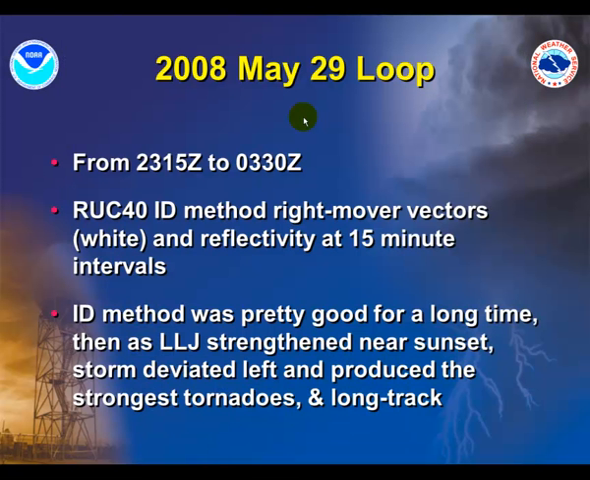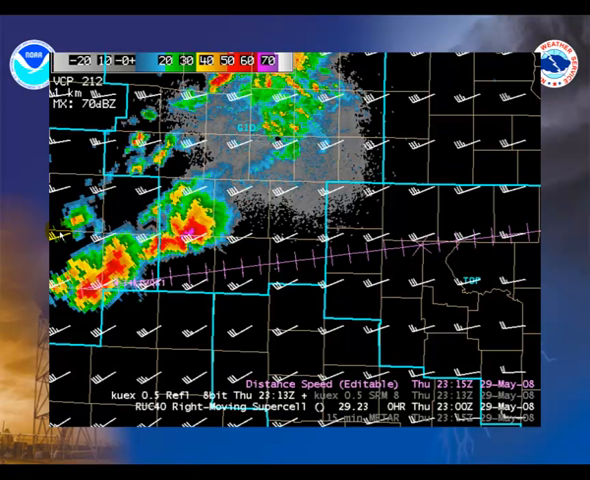So here's your radar loop, basically a 4-hour loop. Every 15 minutes on the radar with the RUC 40 internal dynamics method right mover vectors on it. It was pretty good for a long time, but then as the low-level jet strengthened near sunset, the storm really deviated to the left and produced the strongest tornadoes and the long-track tornadoes. So here's the storm we're going to be following. It's a long way from Hastings. This is the radar from Hastings. It's a long way, so it doesn't look all that great at this point from this radar, but it looked better from